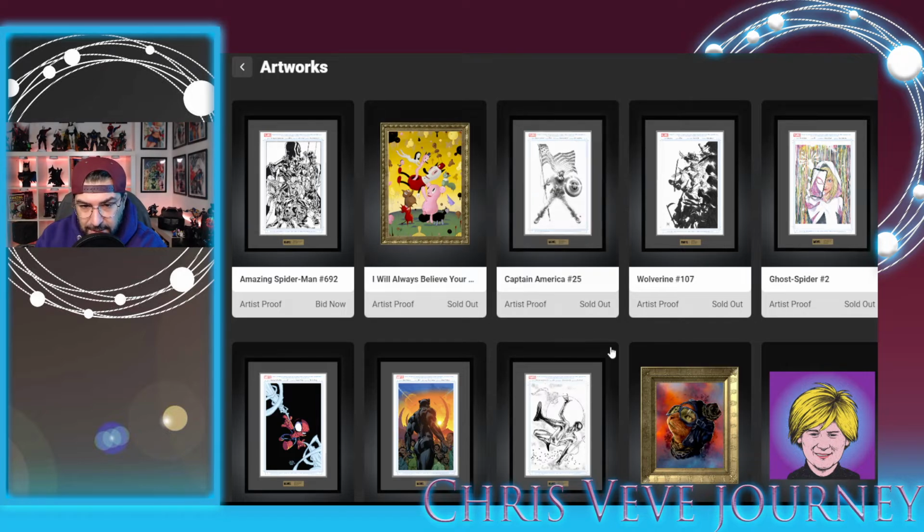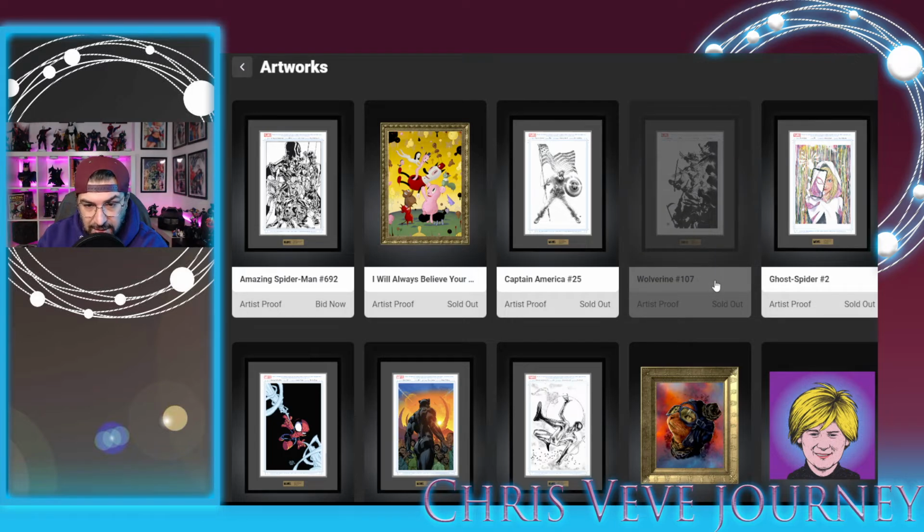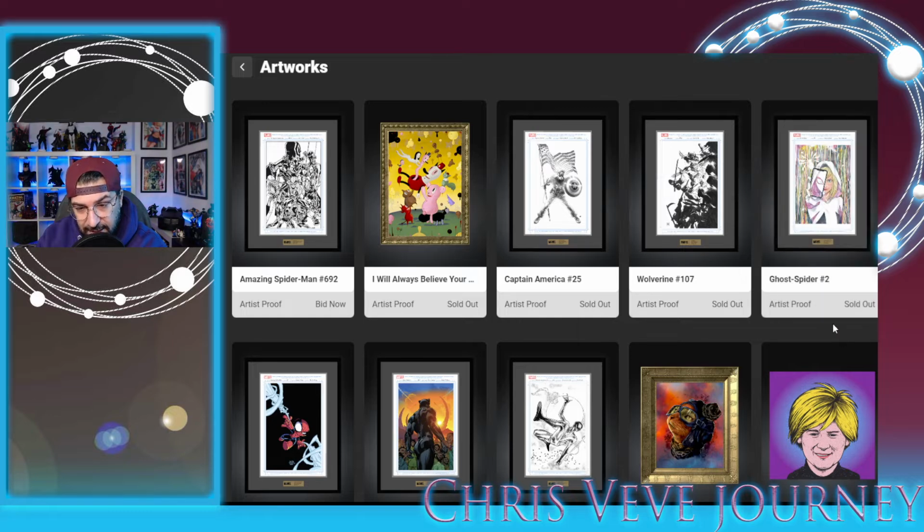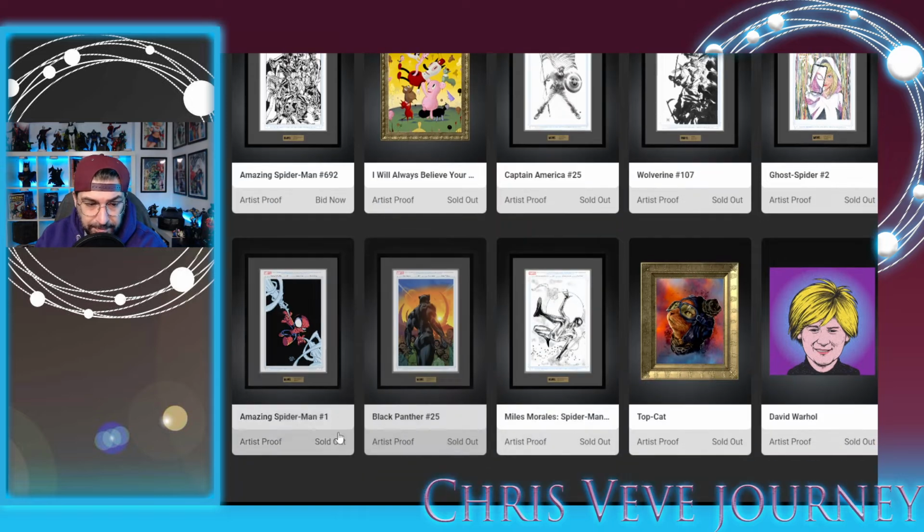Then we had Captain America 25. That is also a physical piece for sure. Wolverine 107, physical piece for sure. Ghost Spider 2, in my opinion, a physical piece. I didn't have any proof for that, but I'm 90% sure on that one also. The Amazing Spider-Man one is